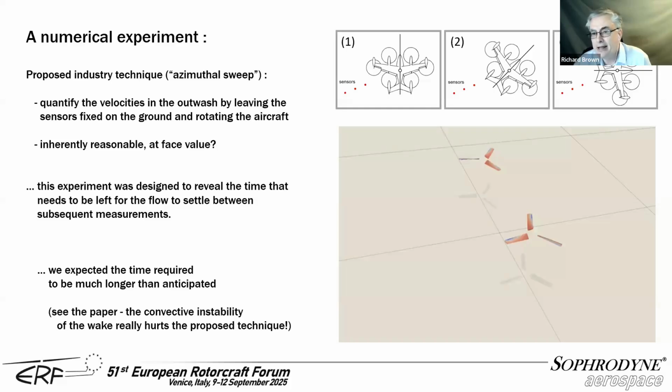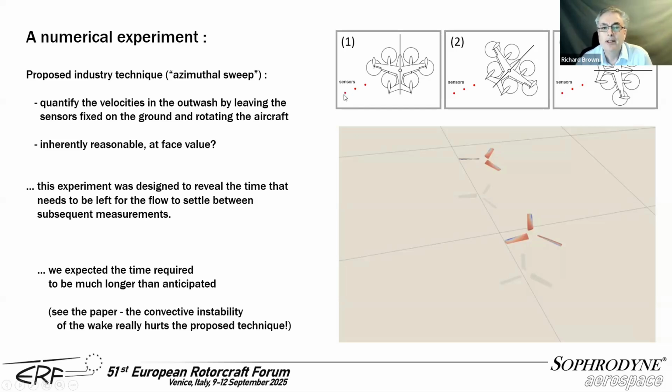So you want to do as many tests of the system in as short a possible time as you possibly can. Also, you probably don't have money to put enough sensors on the ground to satisfy theoreticians like me. You've probably only got 10 to 15 sensors to hand. So how do you actually place those sensors economically on the ground in order to encapsulate the outwash of the vehicle? And one potential technique is to use something called an azimuthal sweep,